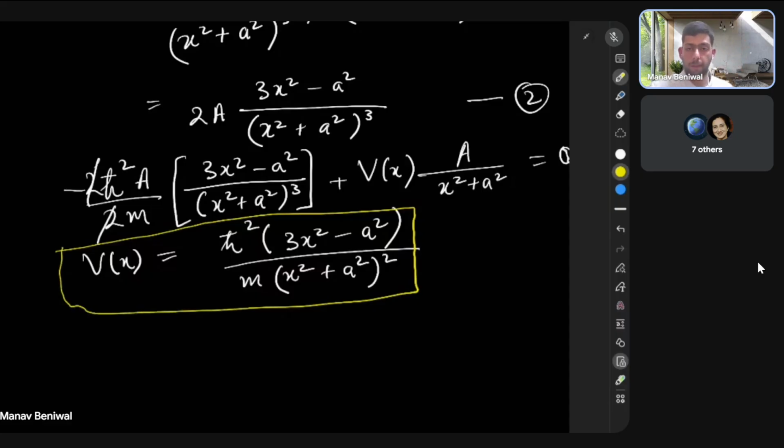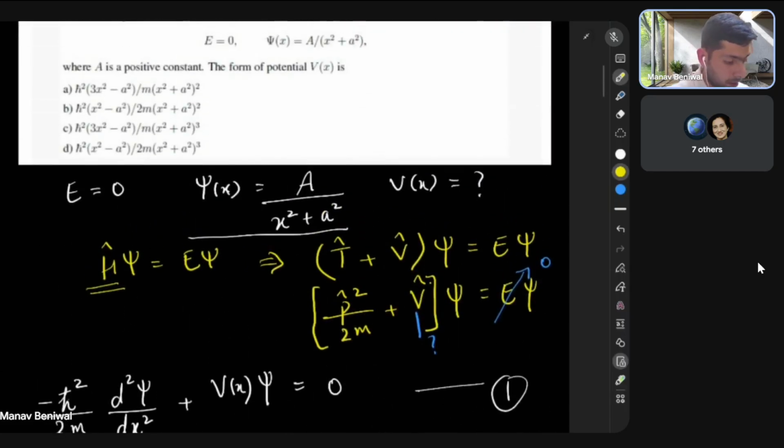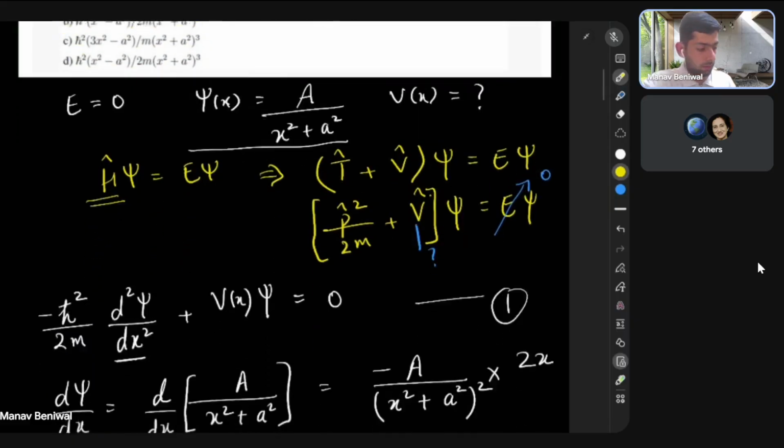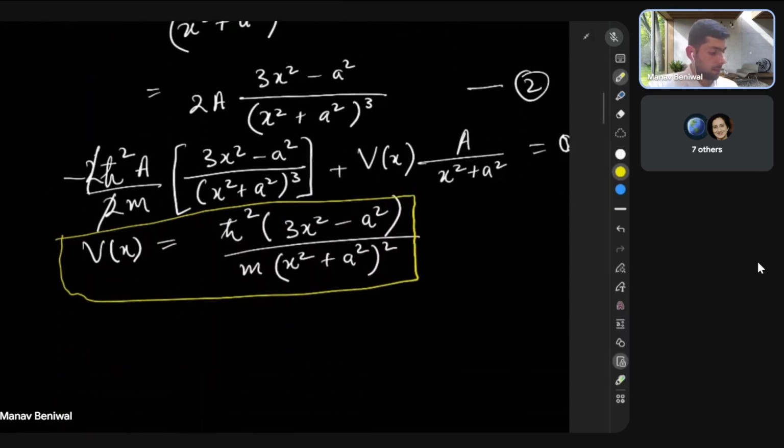Okay, this thing. Okay, let's quickly check the options. Yeah, so option A, right? If you look here, this is exactly matching with what we have. Okay, so the answer is